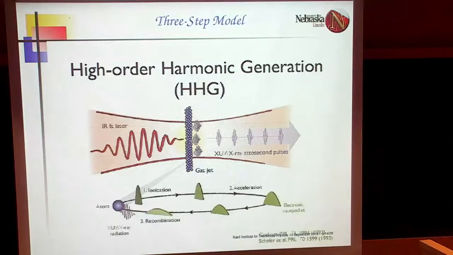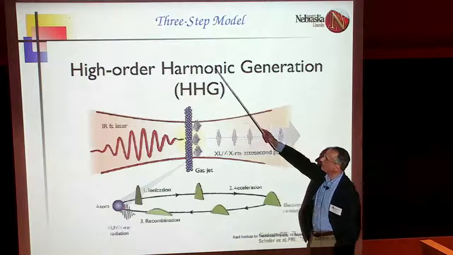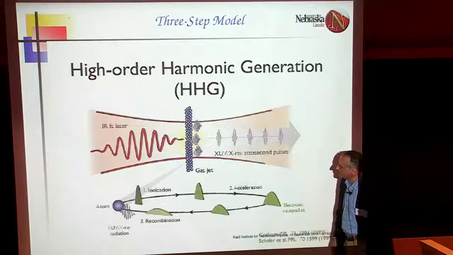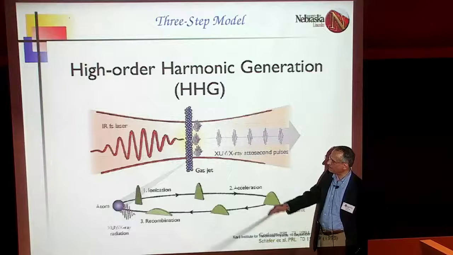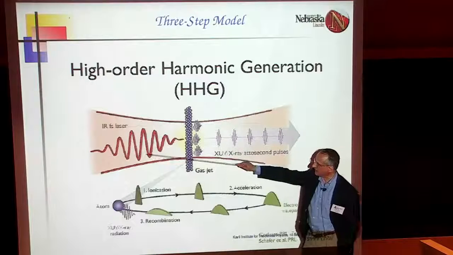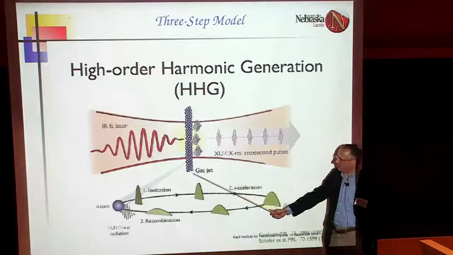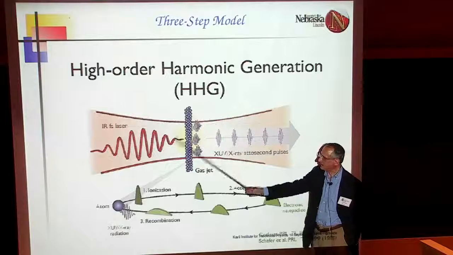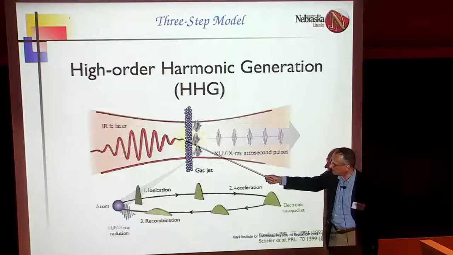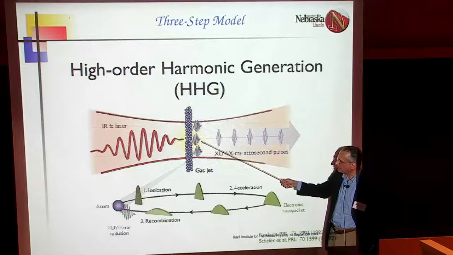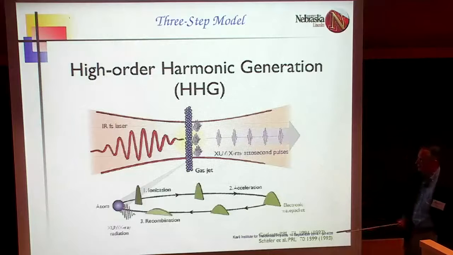And now this is called high order harmonic generation. So this reviews in one place the past two slides. I have a driving laser field. I send in a gas of atoms. This laser field ionizes electrons from each atom. They return and create bursts of light that are attosecond pulses.